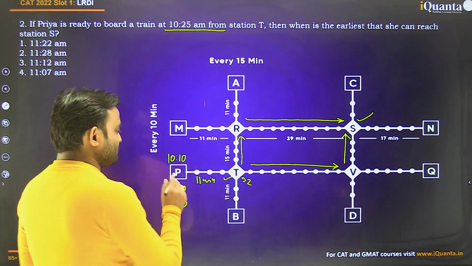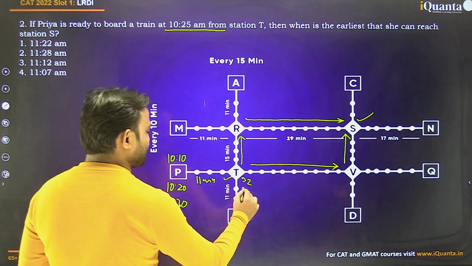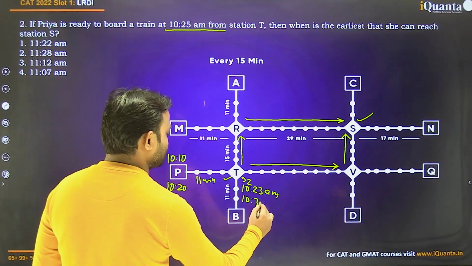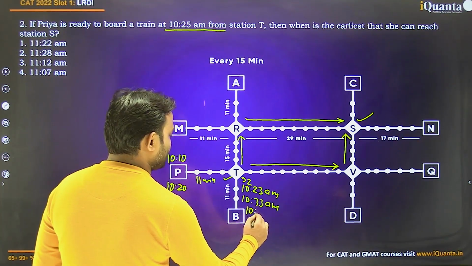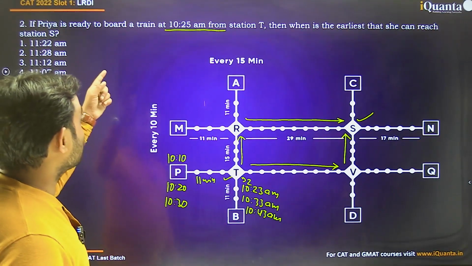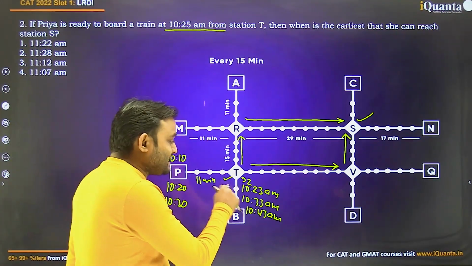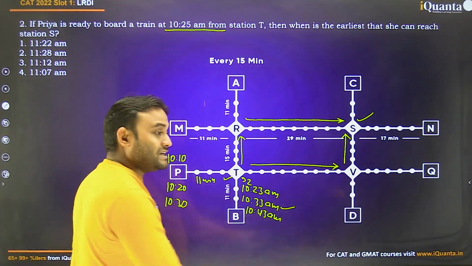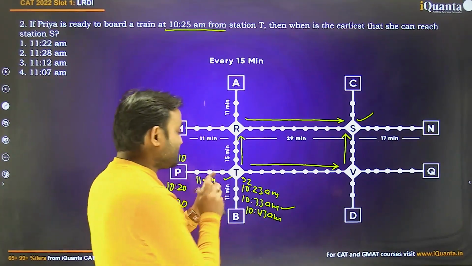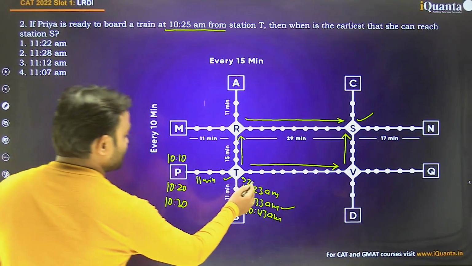So the train on this route P to V must be leaving T at 10:23 am, 10:33 am, or 10:43 am, like this. So you can see Priya is ready to board a train at 10:25 am, but the train will be starting at only 10:33 am earliest, which Priya can take to V and then V to S. So there is a gap of 8 minutes, right? Let's see, can we reduce this if we find the other route,